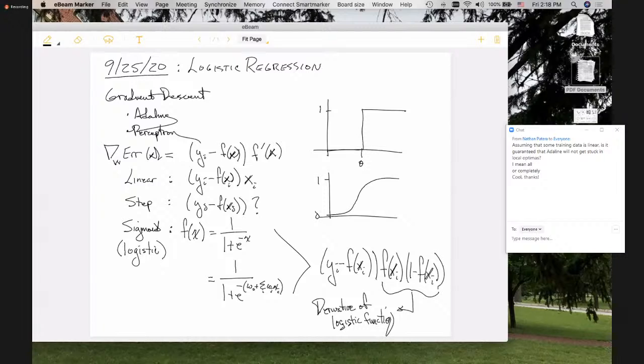So I wanted to make sure that we talked about that because we're in fact going to use the sigmoid functions. The other one that we will encounter is the hyperbolic tangent. But these are going to be two functions that are used quite extensively in neural networks. And I wanted to make sure that we got that introduced. So are there any questions about this before we move into logistic regression? And by the way, we're going to see the logistic function again in logistic regression, which is actually where the name comes from.